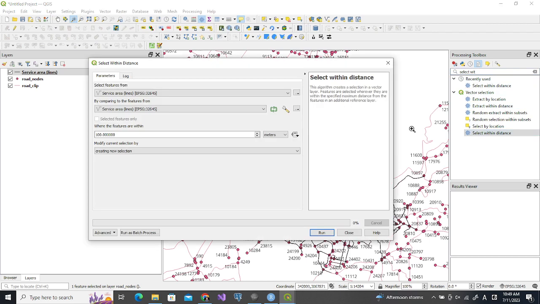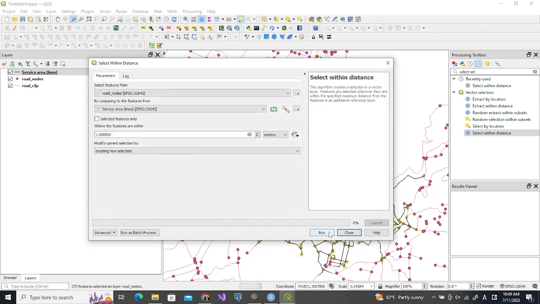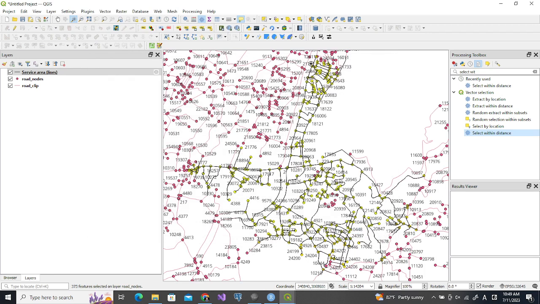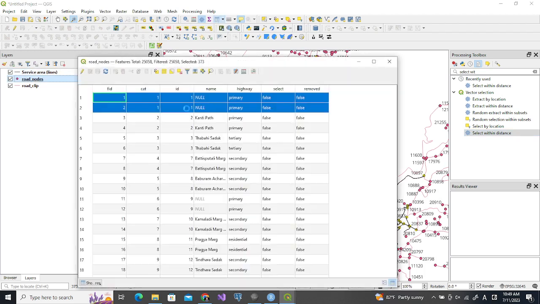So we select features from road nodes, service area, and within, for example, it is just attached to the road, so we keep it 1 meter. So let us run. So all the nodes within 1.5 kilometer is selected,